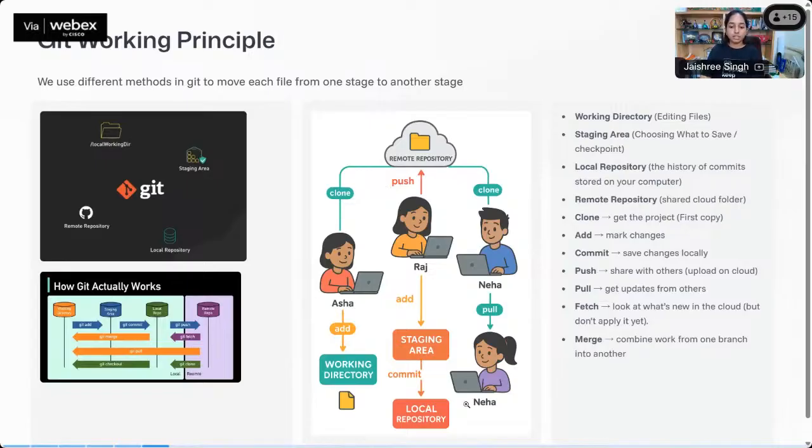This is an example that I have created. So first let's understand the terminology that has been used over here. So what is working directory? Working directory is where your code resides, like the file that you are going to edit, and the staging area